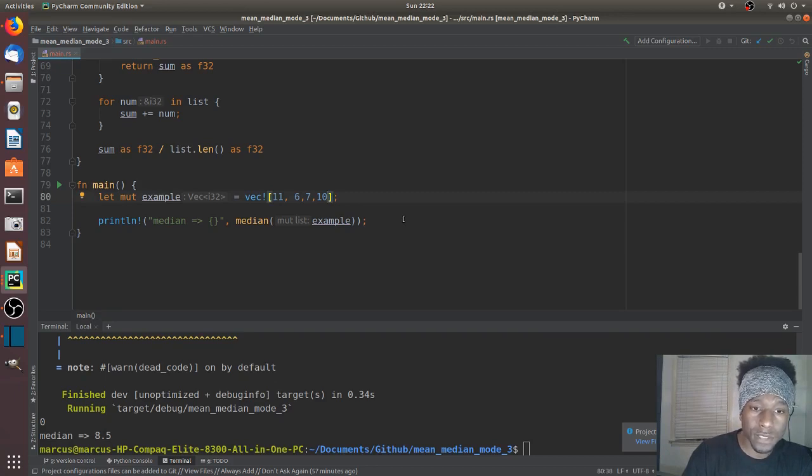Well, actually, 6, 7, 10. I guess that's 17 divided by 2? Yeah, 17 divided by 2 is 8.5, because when sorted, so yeah, that's right. That's our even case, and then we have our odd case, which